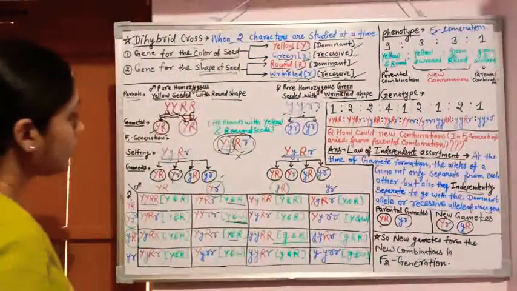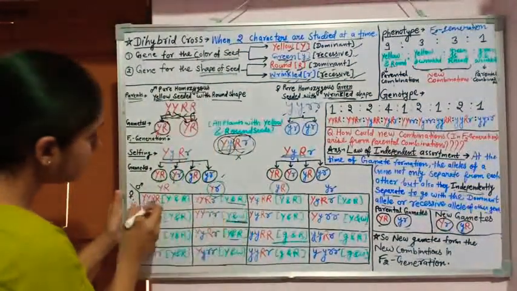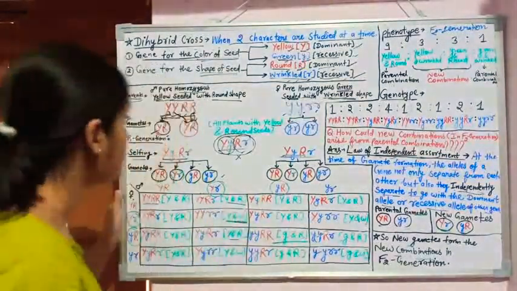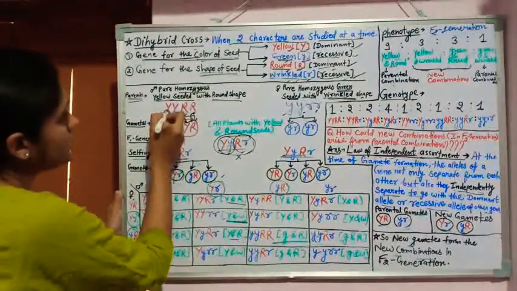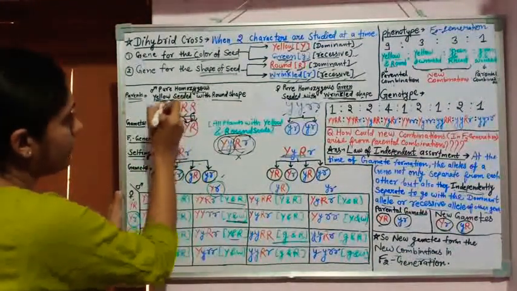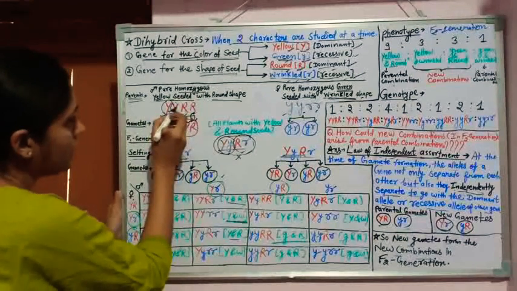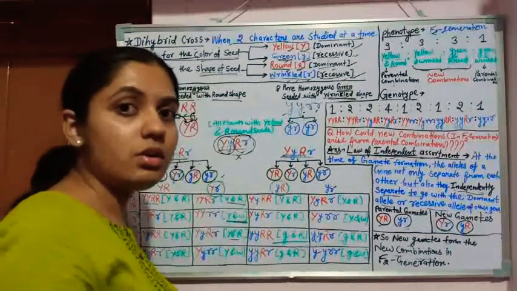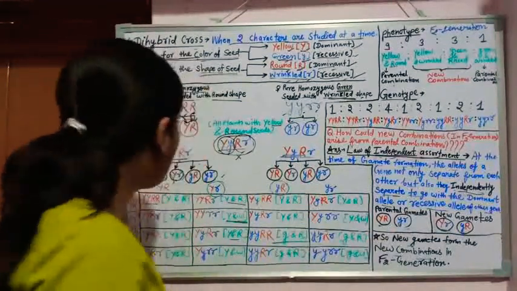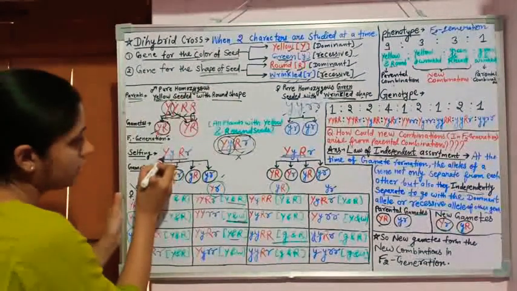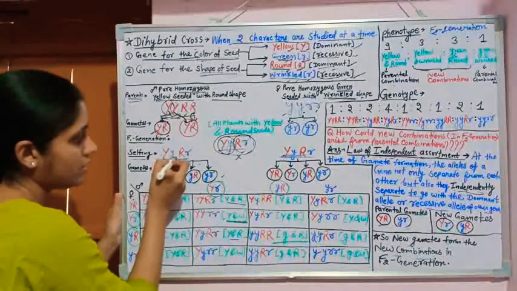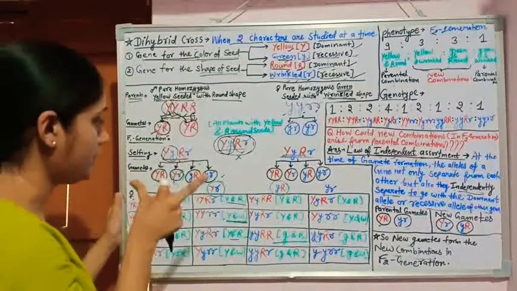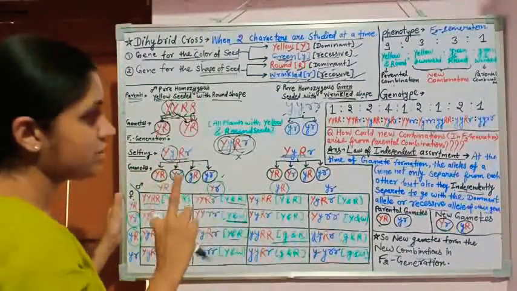So you know that both the alleles of a gene are separate from each other. Means this capital Y and this capital Y are separated and form a new gamete. That's why the law is called the law of purity of gametes. Here this capital Y and small y are the alleles of a single gene, so they must be separated and form different gametes. So this is the law of segregation.